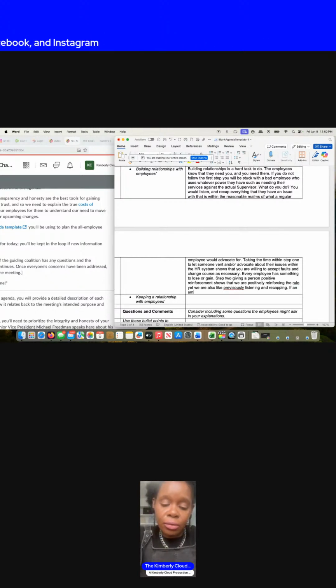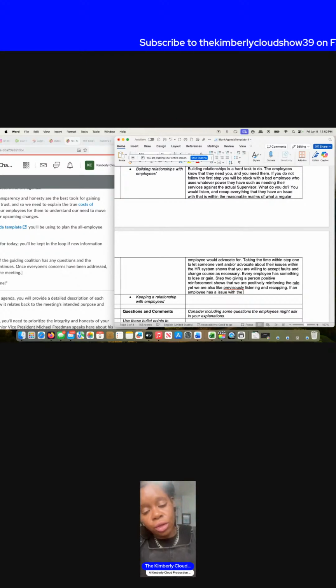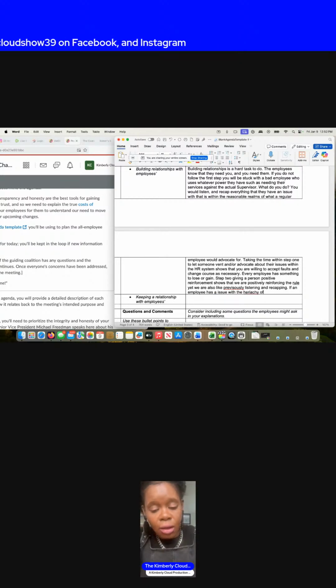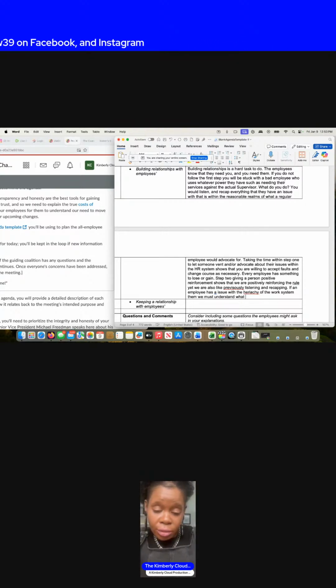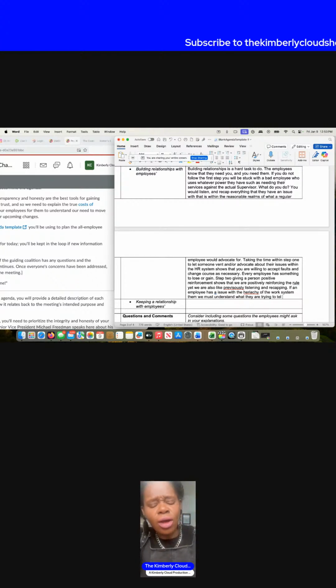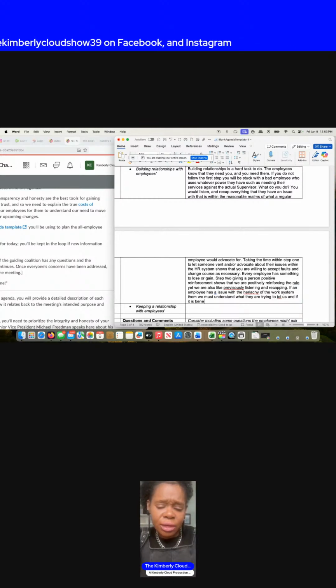If an employee has an issue with the hierarchy of this work system, then we must understand what they are trying to tell us and if it is beneficial, then